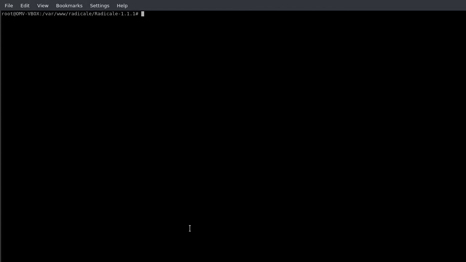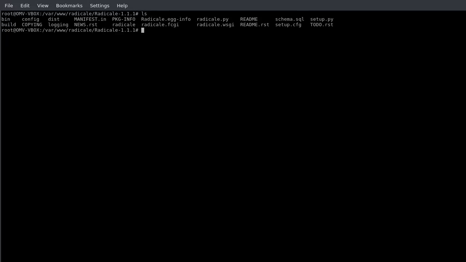Okay, so now we have everything installed. We have to copy one of these files. So we have this file called, where's it gone? Config here, which contains quite a lot of information. So what we're going to do is copy that first, copy that to a folder that we have to make. So we're going to make a directory, /etc/radicale. Okay, and then I've already made that, so I'm going to do the next step, which is copy the